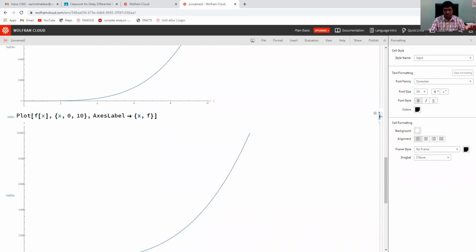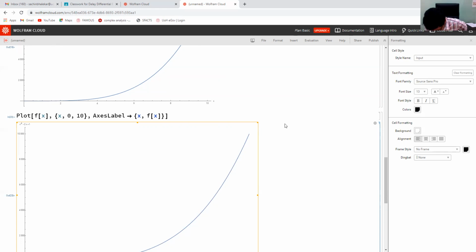If you are using Mathematica software, then it will take the value of that function. Maybe put f of x. Let us see what happens. Sorry. So when we use x and f of x, it is taking the actual value of f of x, that is x raised to 4 minus 2x plus 1.